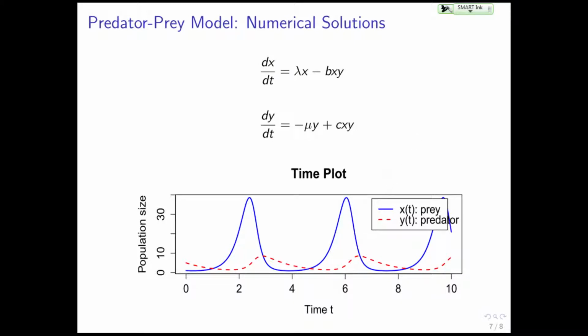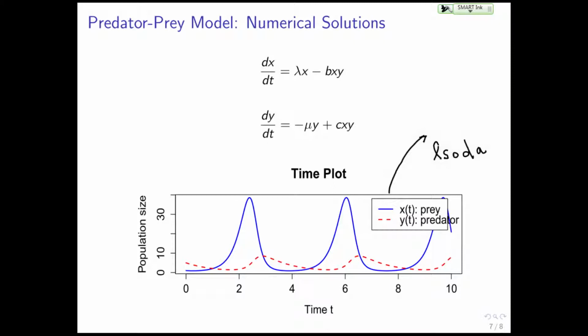You can use the R package called LSODA, in R, for computing numerical solutions of differential equations. Here you have parameters lambda, b, mu, and c. You need values for those parameters. You need values for the initial conditions, and then you can replicate